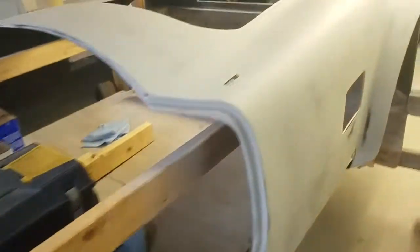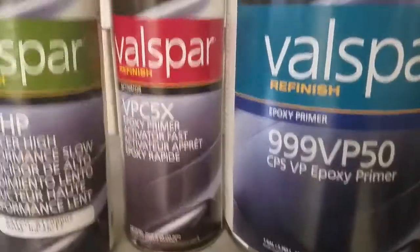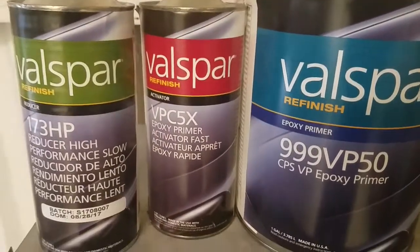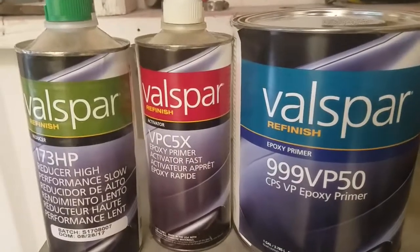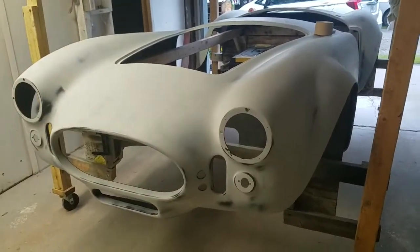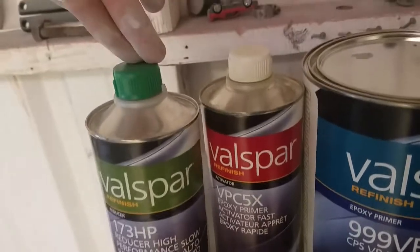I decided to go with Valspar because the shop is local, right down the street. There's vendors here and there that know their stuff, and so these are the ones that I went with. And what I want to do is just seal the car up for a while, maybe a year or two, so that I can run it, and grease can get on it, oil, gasoline, whatever, and I don't have to worry about it. So according to the shop, this is 4 part to 1 part to 1 part, and